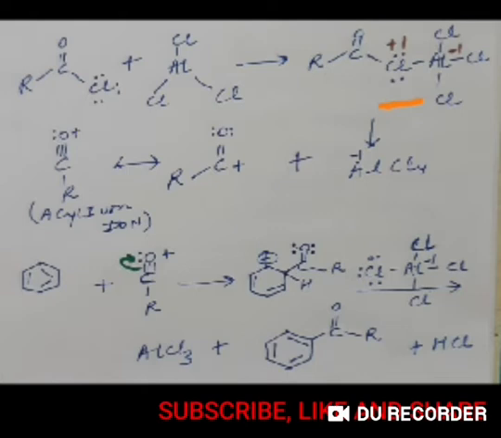So what the chlorine is going to do is it will pull the electrons from here. As a result, carbon will decrease in terms of its electron density and you will get the formation of a carbocation, and AlCl4 will be given out as a byproduct or an intermediate within the reaction. Now this RCO, that is an acyl group with a positive charge, it's a carbocation basically, that is, formation of electrophile has taken place.